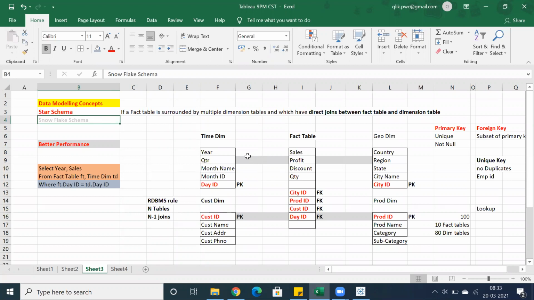Let me know if you have any questions. Yes, Ramesh, once they give you a database, will it have exactly star schemas, or will they have a different one, like Snowflake schema?